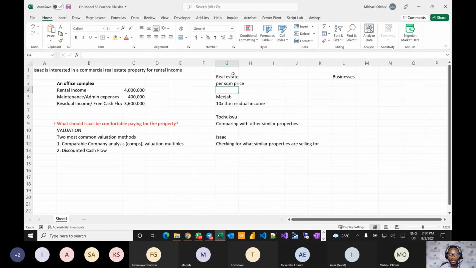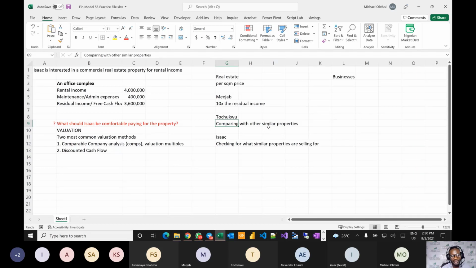It makes it very easy if you have a land there to just say, oh, what's the going rate? What are similar properties in that place selling for? And then the size of your own land is maybe 1,000 square meters. You just use that and then you say, oh, this is what is fair for me. This is what I want to pay, or this is what I want to sell it for. You can decide to play around it. You can decide to say you want to ask more, but you know in your mind what is valid.